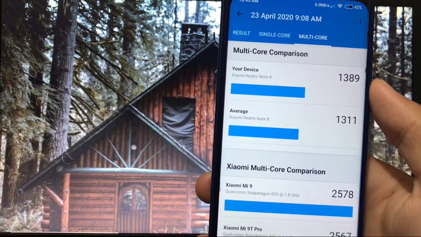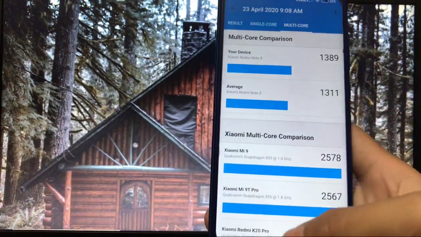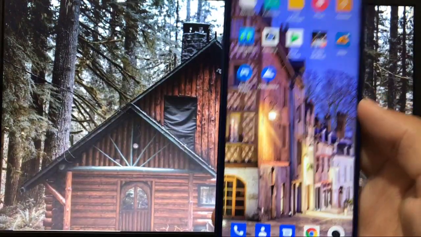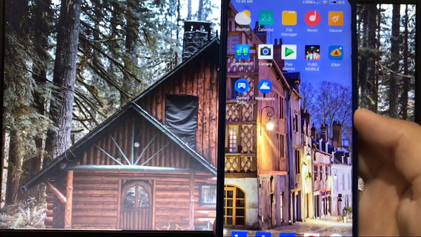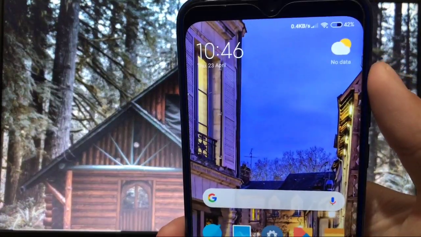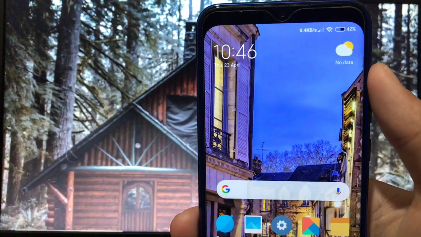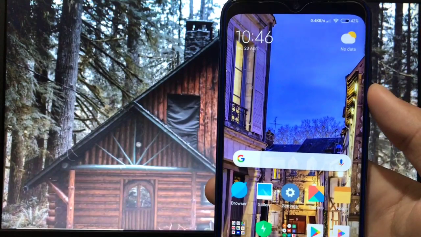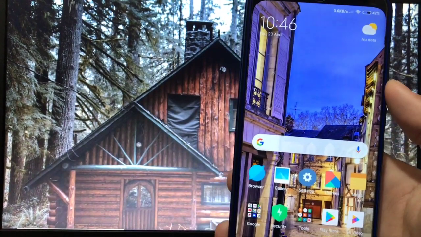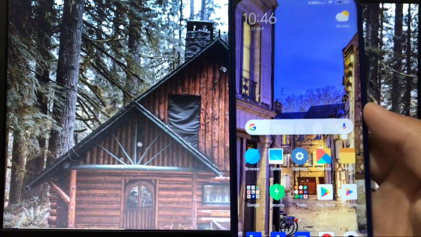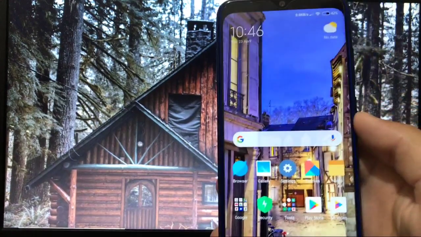So it means you will see a lot of good things, great animations, great performance, but unfortunately the battery life is not good. You will get some drain in the battery life, a huge drain, even without using your device for heavy usage. I just use my device for light usage, and I got some battery drain problems there.